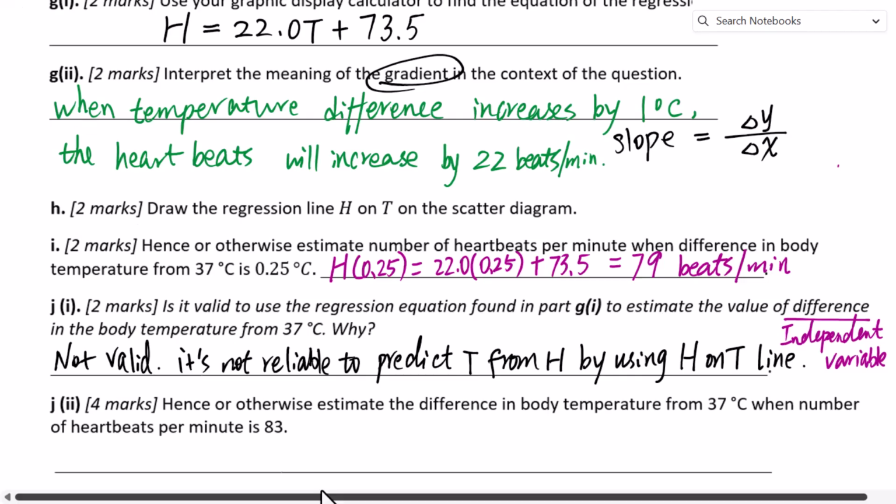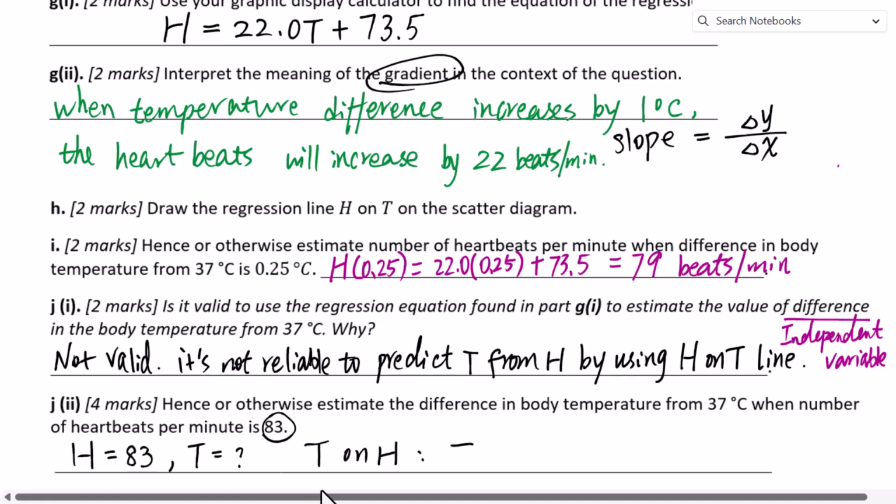J2. Hence or otherwise, estimate the difference in body temperature from 37 degrees Celsius when the number of heartbeats per minute is 83. We are given this H equals 83. We are looking for T. So we need to make the regression equation T on H,